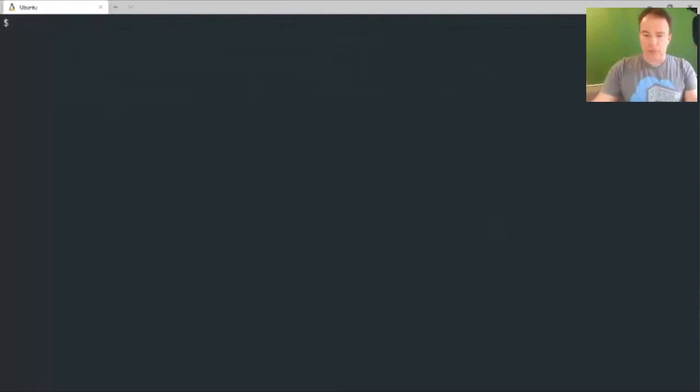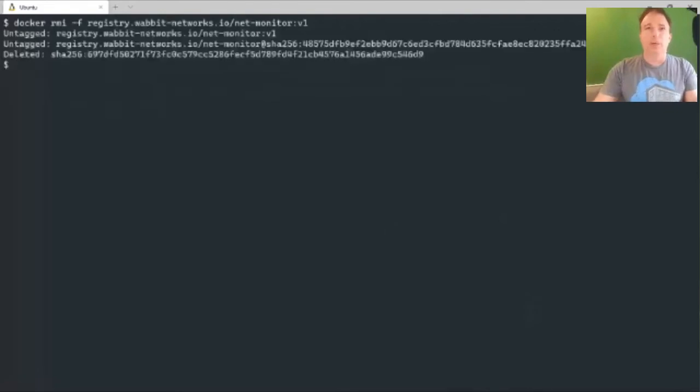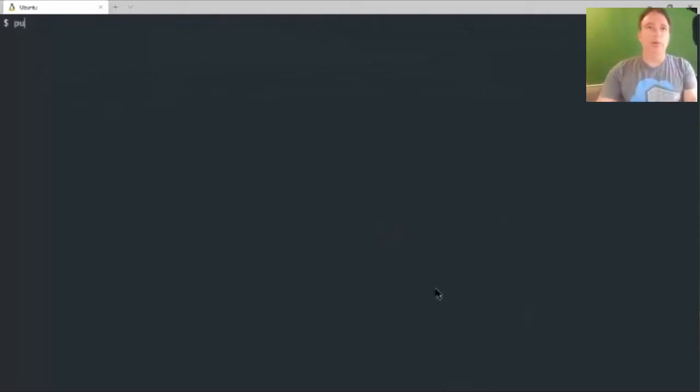Now let's just clear things out a little bit. What I want to do is simulate that I'm actually on another node. So I'm going to pretend I went from my build environment to some ephemeral client where I'm actually going to run this. Now, if I try to Docker pull the image,